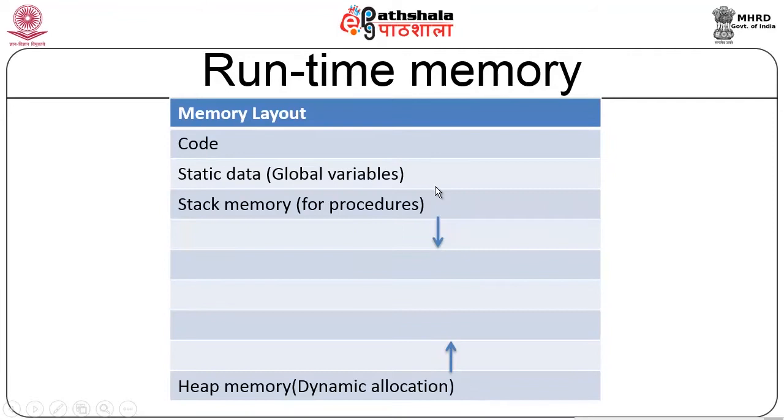Now, this is the layout of memory where your initial portions correspond to the code, and then I will have the static data, that is the memory allocated for static data, and then I will have here stack memory. My stack memory starts from here and it keeps growing downwards, okay, but it is a stack memory, therefore, at any particular point of time I will remember only the top of the stack, okay, and then I will have heap memory here. Heap memory is basically going to grow up from the last towards the stack memory area.